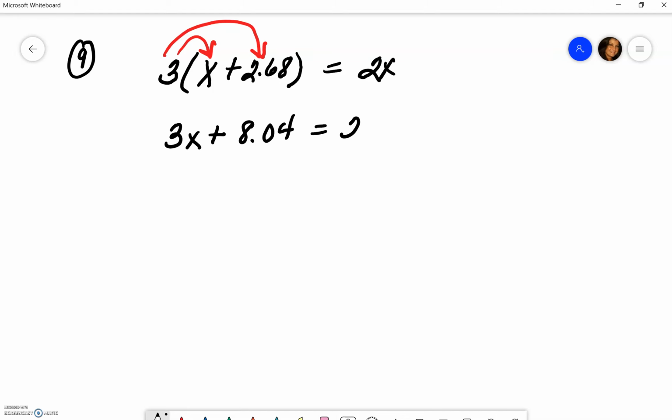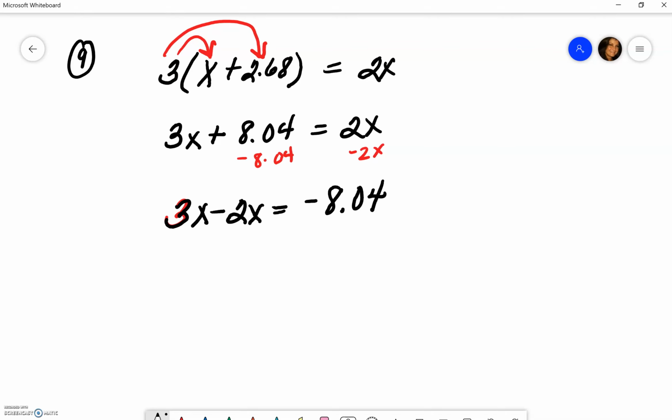8.04 equals 2x. Now I'm going to go ahead. It doesn't matter how you shift around. You can keep the x on the left or right. It doesn't matter. But I'm just going to go ahead and subtract on this side, which means I'll subtract this. So just moving and shifting it around, meaning that we have now on this side 3x minus 2x equals, and then on this side would be a negative